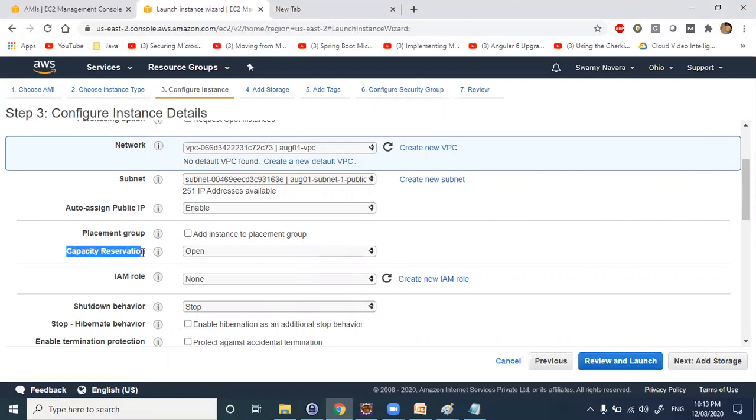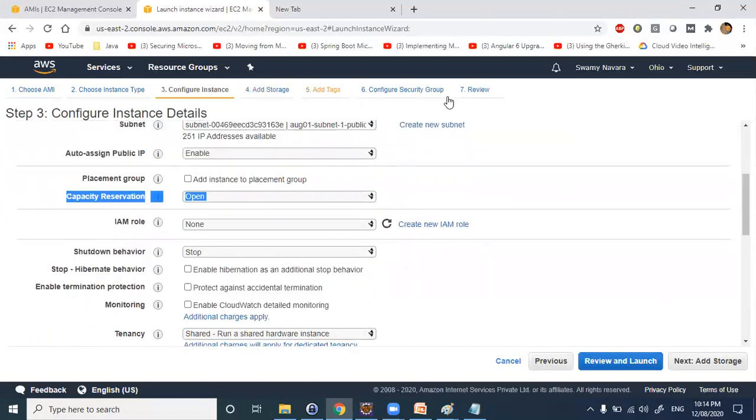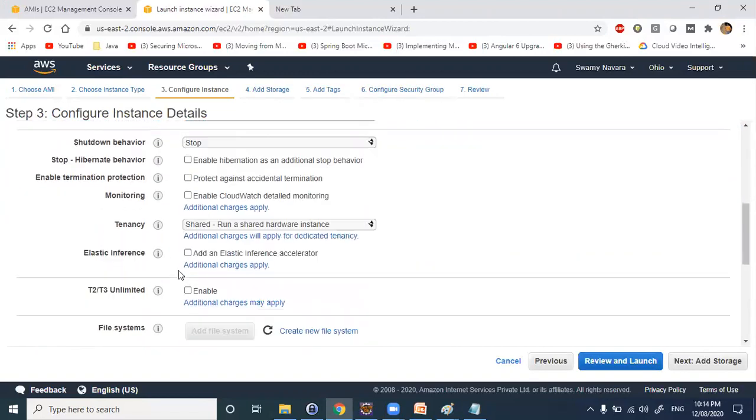Say for example you have a project, and you know this project is running for 2 years. For 2 years you know how many machines, how many developers you will have, and how many production machines, UAT machines, and testing machines you need. So you will reserve those instances upfront, because in that availability zone you might not have those types of instances very often. You reserve in advance and use them later. We'll discuss this in some time after seeing all these other configurations.